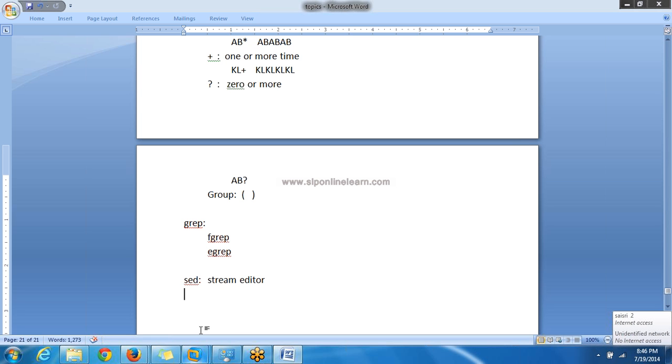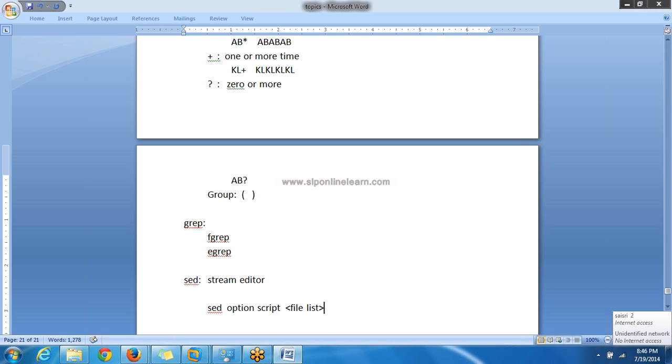The syntax of the sed command is: sed, in small case, space, options, space, script, space, your file list. It can be a single file or a set of files.